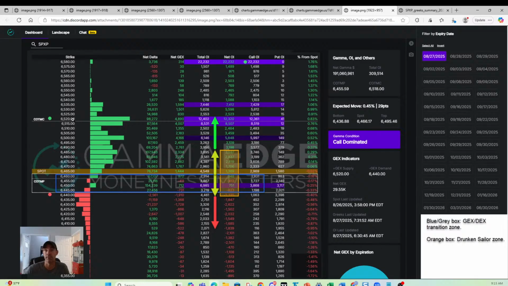And then we'd look for 6,520, which is that next gradient, and that matches COTMC. That's where the largest mass of, or largest participants out of the money calls become in the money. And historically, we can see some monetization there. Obviously, you see COI up here at 6,580. Those speculators probably not going to be happy today because not really anticipating us to drive up that high. So that is the overall trading plan and structure for today.